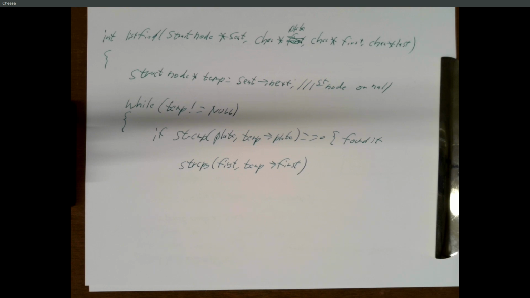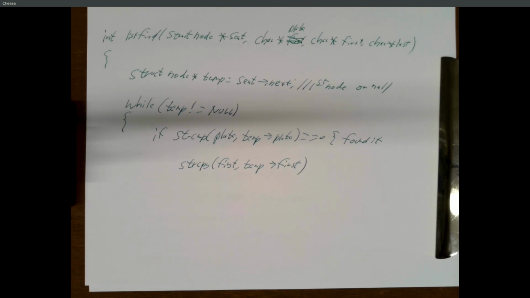So you can assume the database file first, last, and plate fields will never be more than 32 characters. Go ahead and run with that. But that's just to make it so that when you call something like list find, you don't have to worry about what if the first name is huge. You can just declare these to be 32 or 33. But